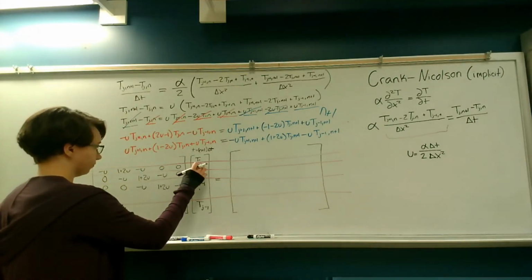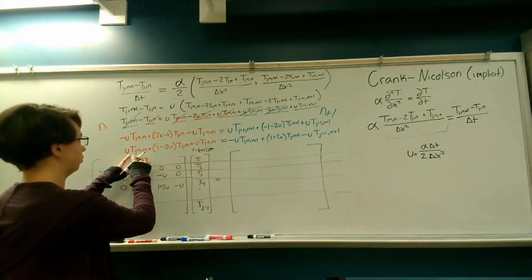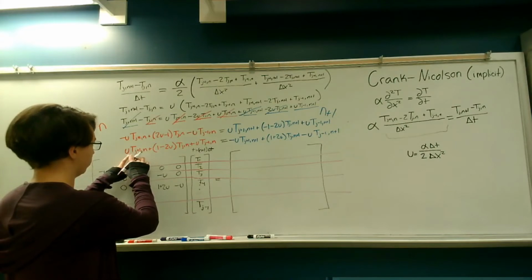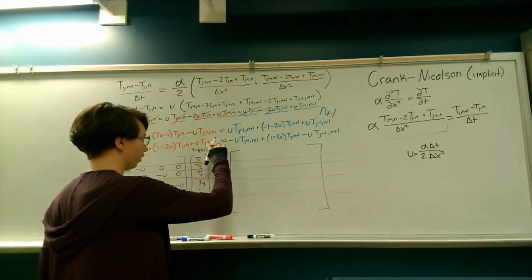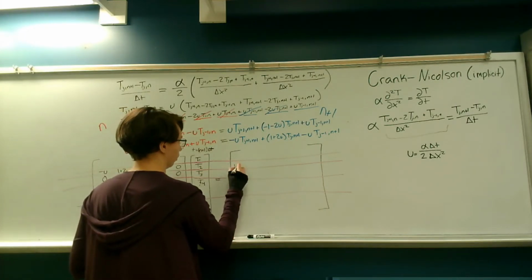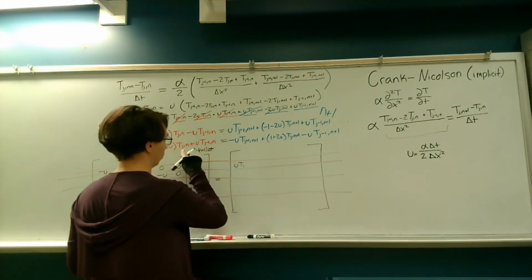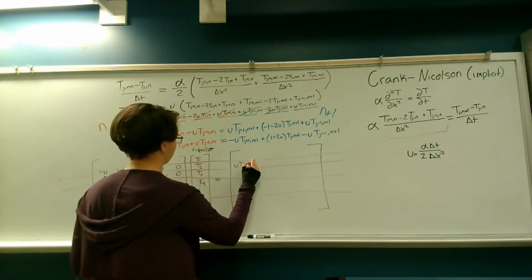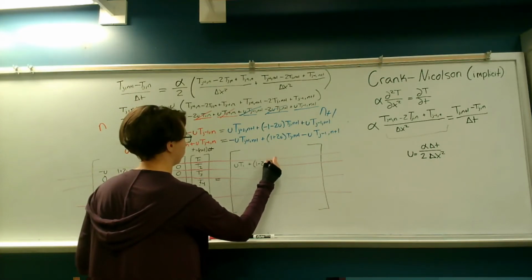So at 2, we're going this way. So 2 minus 1 is 1, so that's going to be u at T1 plus 1 minus 2u at T2,